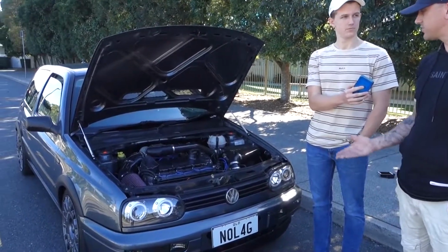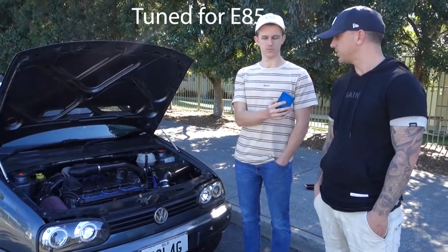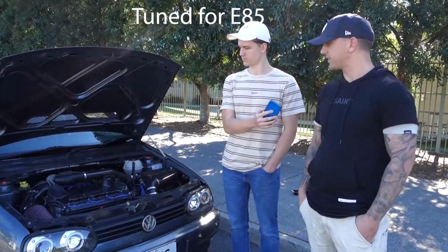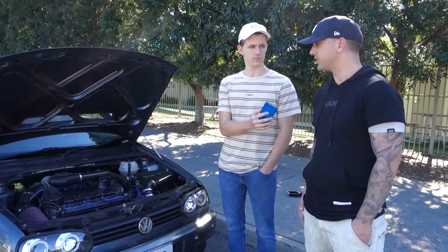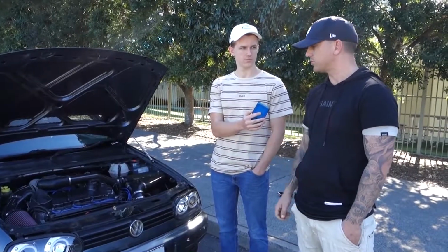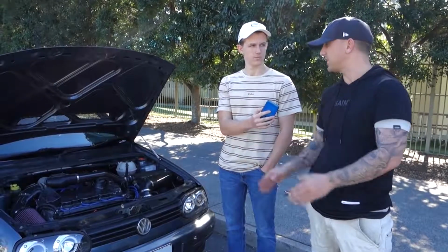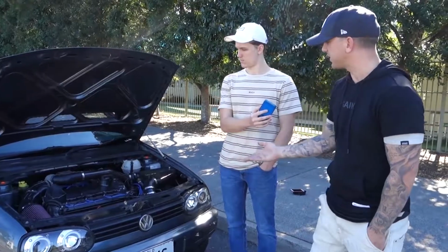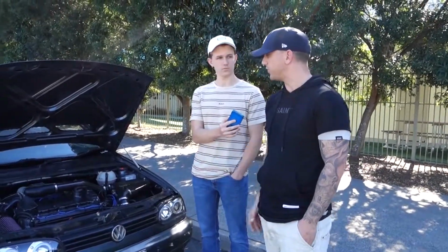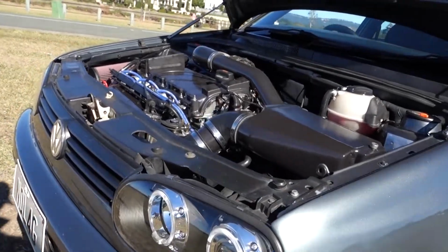Obviously, I took it straight to get tuned and taken off the water methanol it was on. Pretty much straight away it picked up a bit of power, and I've just been trying to carry the torch, as it were, developing the car further in the direction that I wanted to take it. He's done everything on the motor, a full build: pistons, rods, cams, all the valve train,